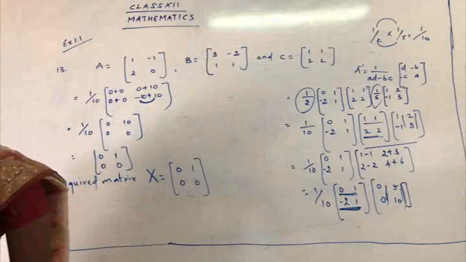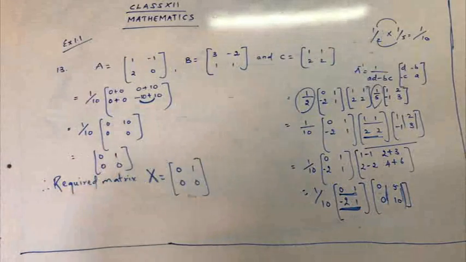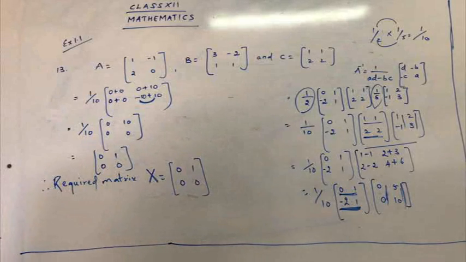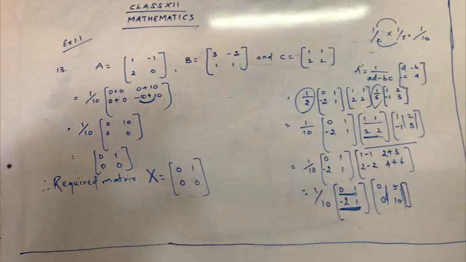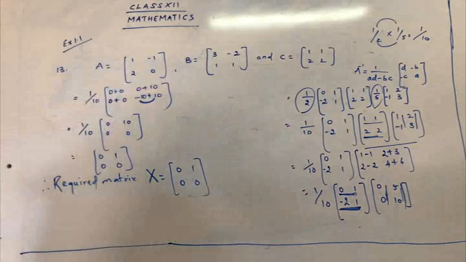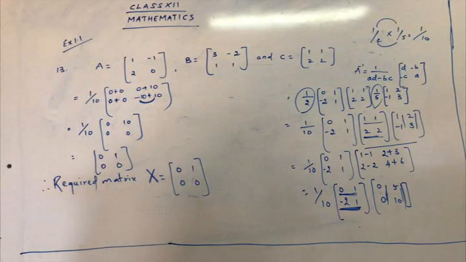Okay, I hope you have taken down sum 13. Now listen to me carefully, children. Sum number 14 will be your homework. You have to try out the 14th sum. You have to find A inverse, and you know how to find A inverse for a 3 by 3 matrix. Already we have done it in the second sum of Exercise 1.1, how to find the inverse. So just follow that method and try to get the answer. They have given you the answer, so you just have to show that LHS is equal to RHS. So try to complete that sum.